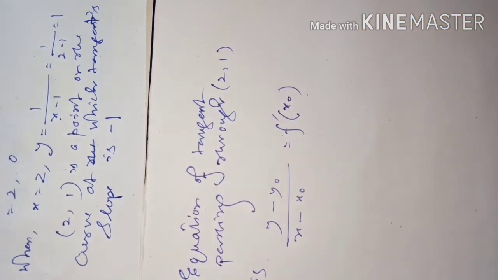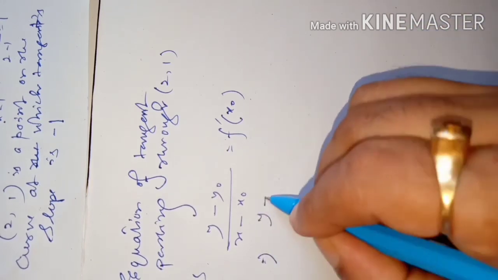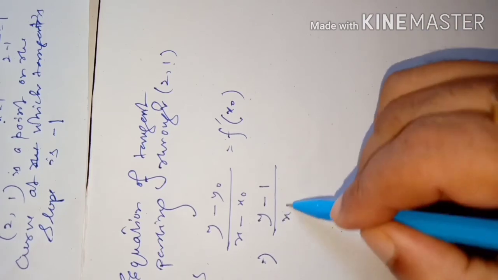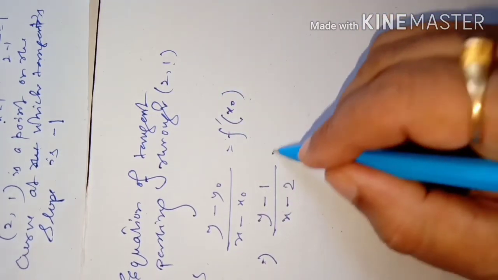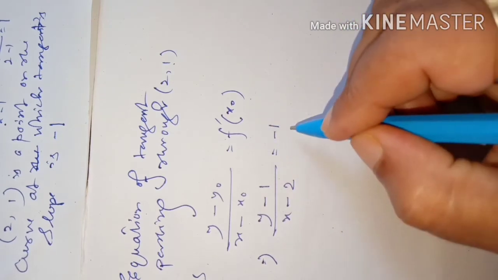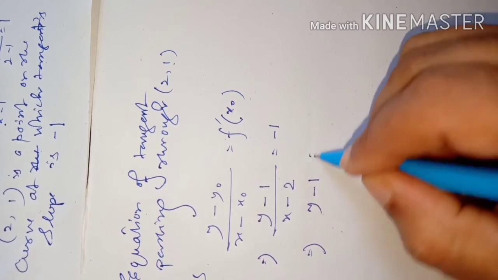So y minus y naught, where y naught is 1, divided by x minus 2, and the tangent at that point has slope minus 1. Therefore y minus 1 is equal to